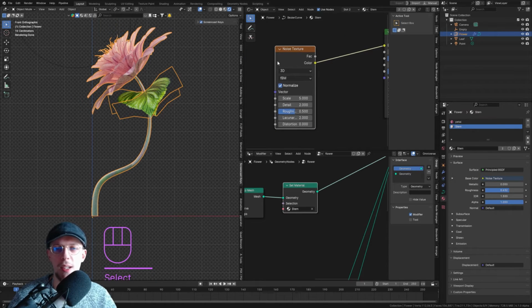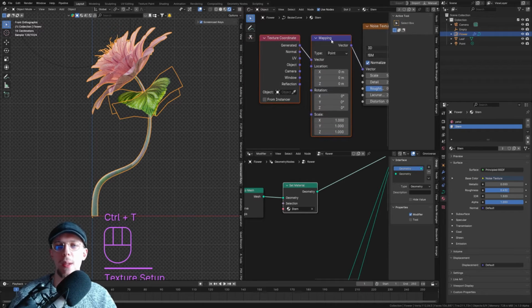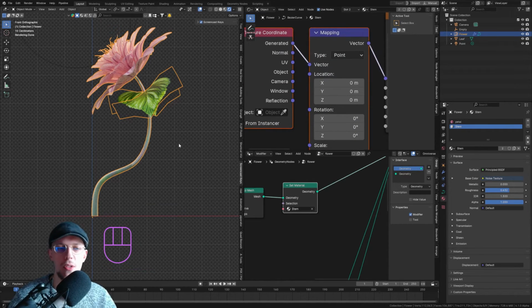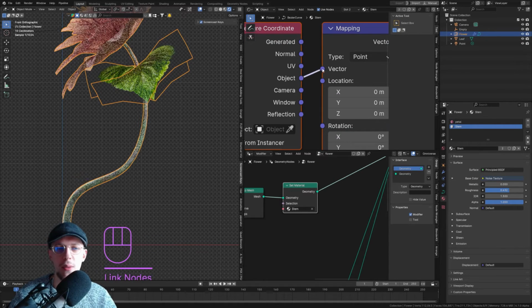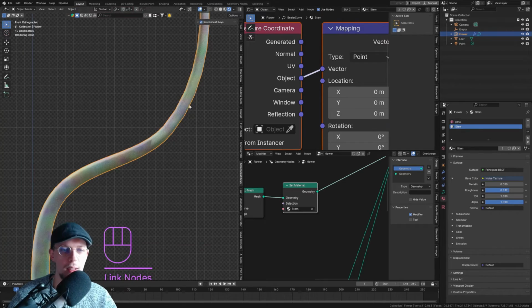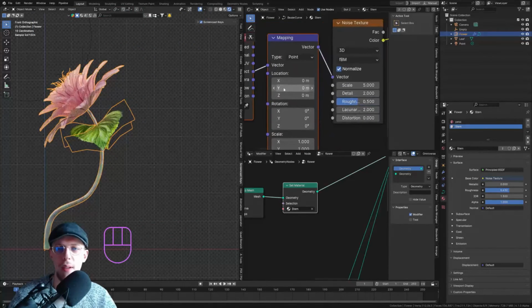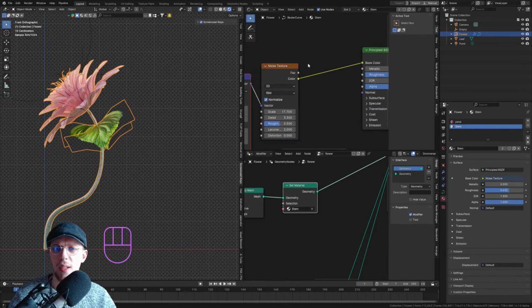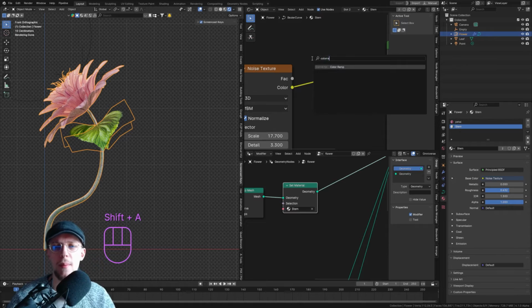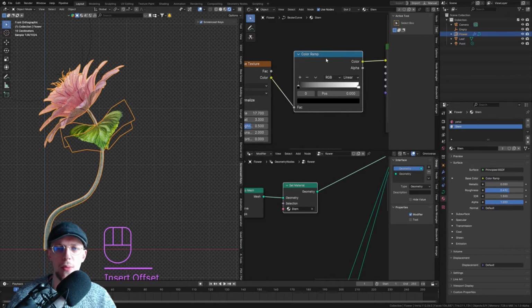And hit Ctrl T with the noise texture selected. So that way we get a mapping node. And usually when you don't want to take care of UVing, which in this case isn't really necessary, we could just connect the object to the vector. And usually we get quite a nice layout there. All right, so I'm going to crank up the scale of this noise value. And the detail perhaps, let's see, Shift A, find a color ramp, connect that up, and Ctrl Shift click on that